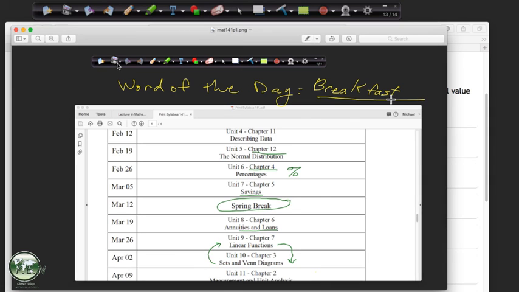When I go into Canvas, I put the link to the video for the class live stream, and then I put all these screenshots right below it. So you've got all these notes. If you want to go through and check your notes, those pictures will be there. I've got like 12 pictures of what we were doing, plus the video, so you can figure out where to jump in. My goal is to give you more resources than you need, rather than leave you shortchanged. You don't have to use everything, as long as you're learning it and feeling comfortable. That's what I'm looking for.